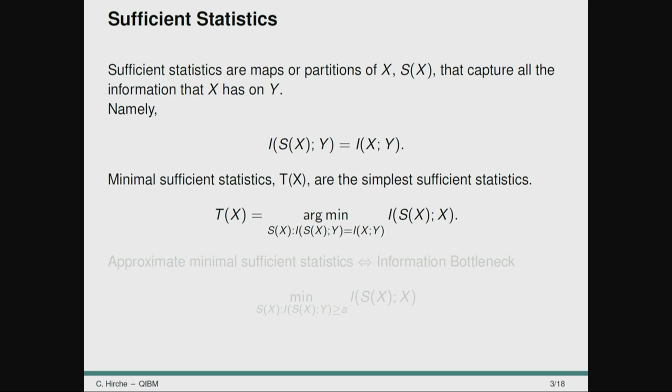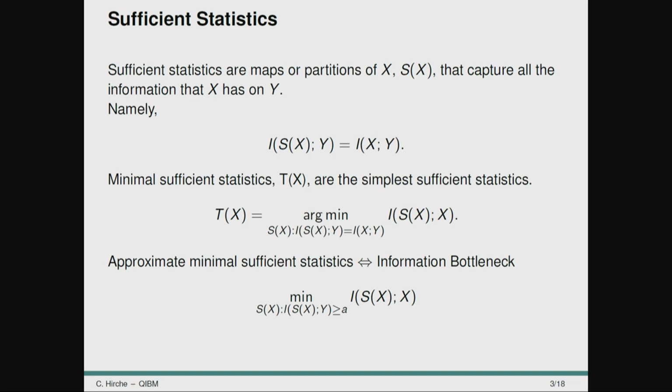But if we look at applications, that's often not possible. Sometimes the question is very complicated or the data set is just too big. So what we look at instead is an approximate version of this problem. You see this equation looks essentially the same. Just now, the condition of the optimization is not an equality anymore, but we just require it to preserve a certain amount of information towards answering the question. And this equation on the bottom line, if we evaluate it for a certain parameter a, is exactly what's called the information bottleneck function.